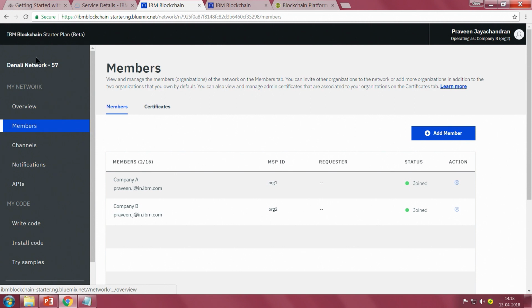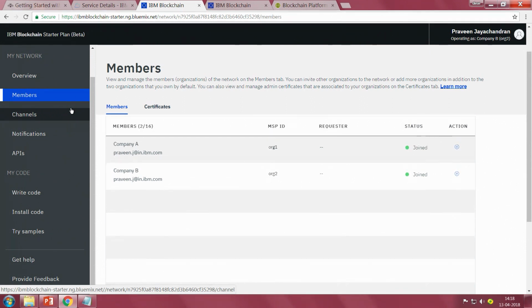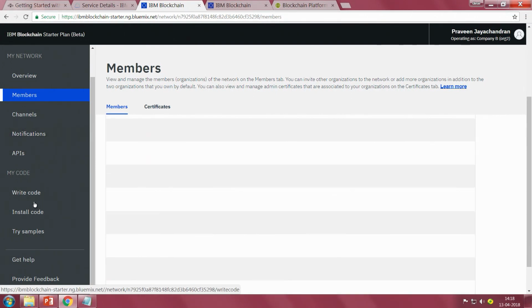That brings an end to whatever I wanted to show in just the basic UI on how you can create a Fabric network very quickly. You can add new channels, new peers, and new members, their own organizations coming with their own peers. You can invite others, you can connect this via APIs to your applications to create new channels or peers, and also deploy your applications on top of this network.